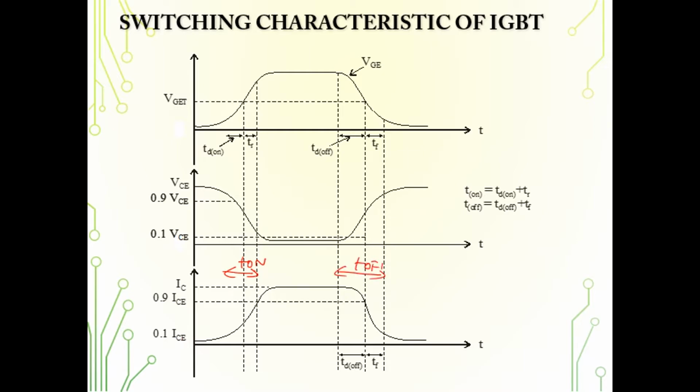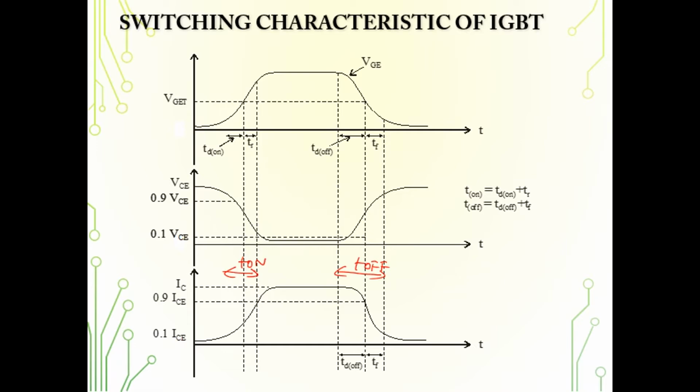So you don't have any storage problems in the case of IGBT. So you also don't have a secondary breakdown phenomenon compared to BJTs. And most important thing is your BJTs will have a negative temperature coefficient. That means the resistance will decrease when the temperature increases, and the MOSFETs have the positive temperature coefficient.